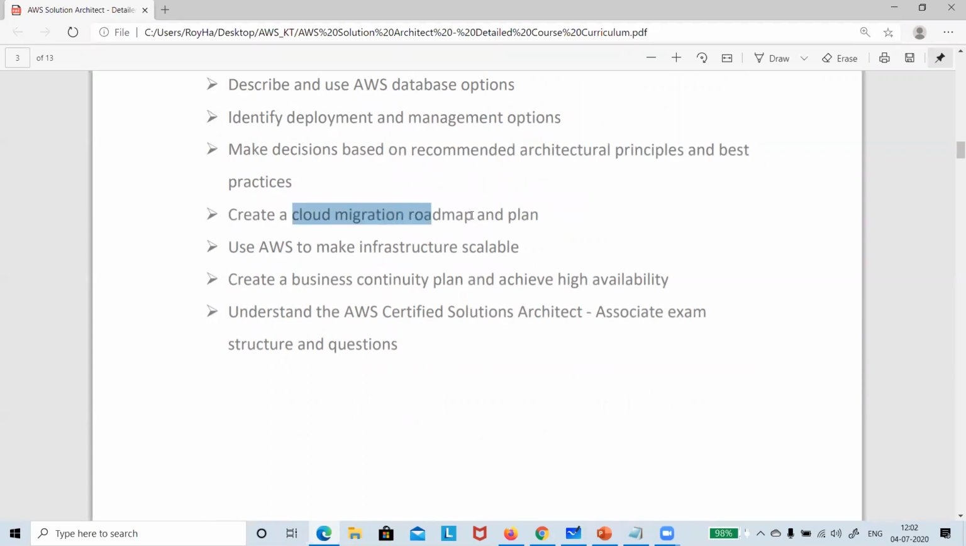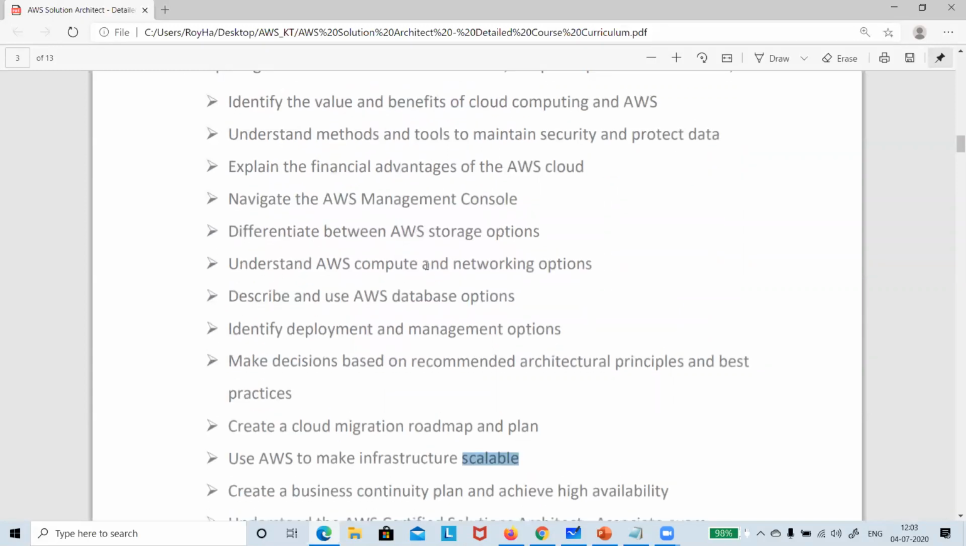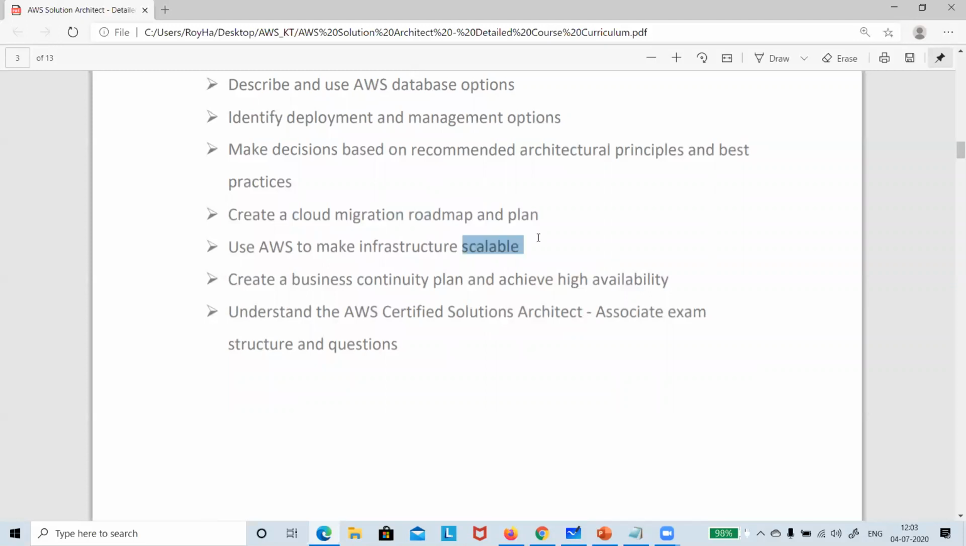So create a cloud migration roadmap, right? And plan. Use AWS to make infrastructure scalable. So now, what are the terms? Wherever you see some terms, you will feel like, okay, fine, you are aware of these terms. So you are not new to this